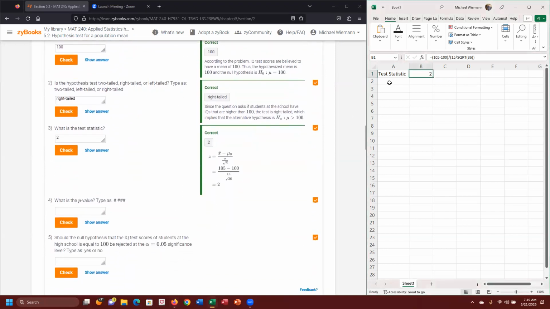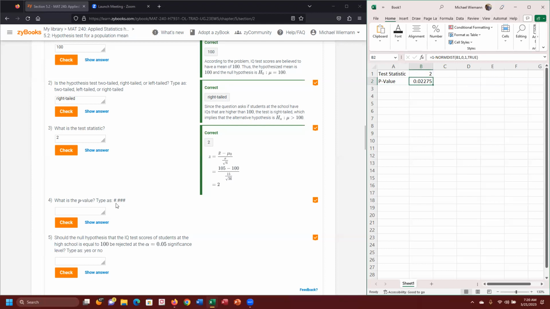How do I find the p-value? P-value needs to be calculated. We're utilizing Excel to accomplish this. P-value is going to start with this formula. You're going to start with an equals, a 1 minus, and we're going to use, like what we did back in week 4, norm distribution. Norm distribution off of what? Based off of the test statistic, 2, comma, mean is going to be 0, standard deviation of 1. The fourth parameter is a true there. Close your parentheses, we end up with